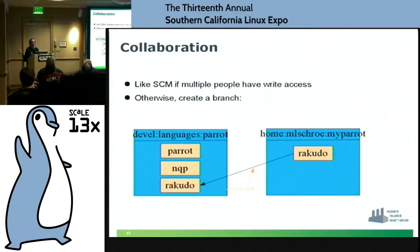One's called mbranch, which is how we maintain OpenSUSE and SUSE Enterprise. Basically, it's a special flavor of branching that says make this a maintenance patch or a maintenance package, for example, if you get an updated kernel or whatever, that's how it's done. The other type is a straight branch, where you pull the packages from a given develop project, make the changes you want to see, or the updates, or what have you. Then when you're done,